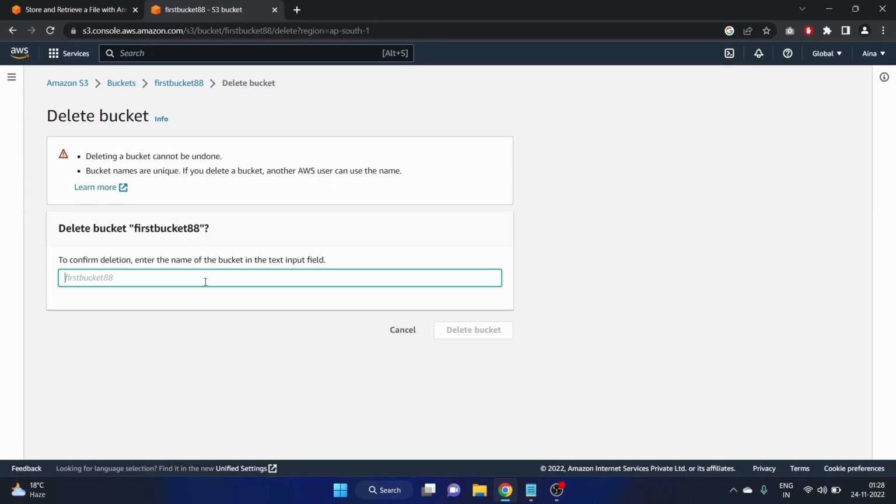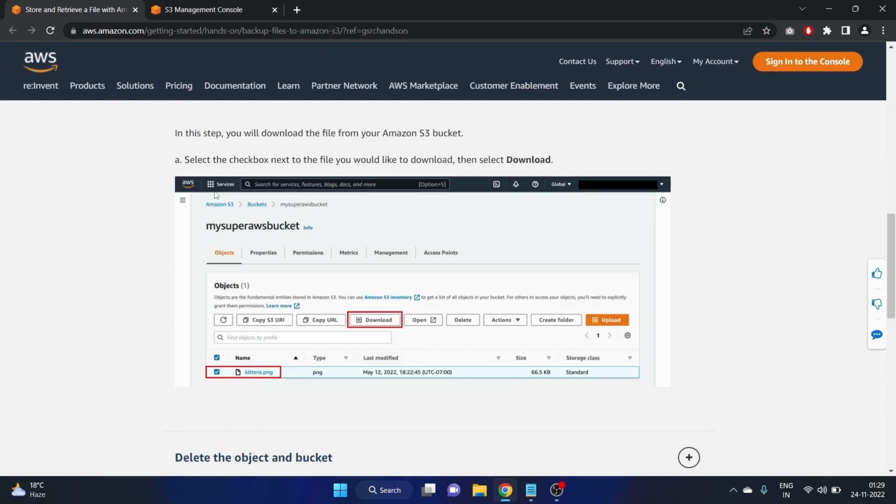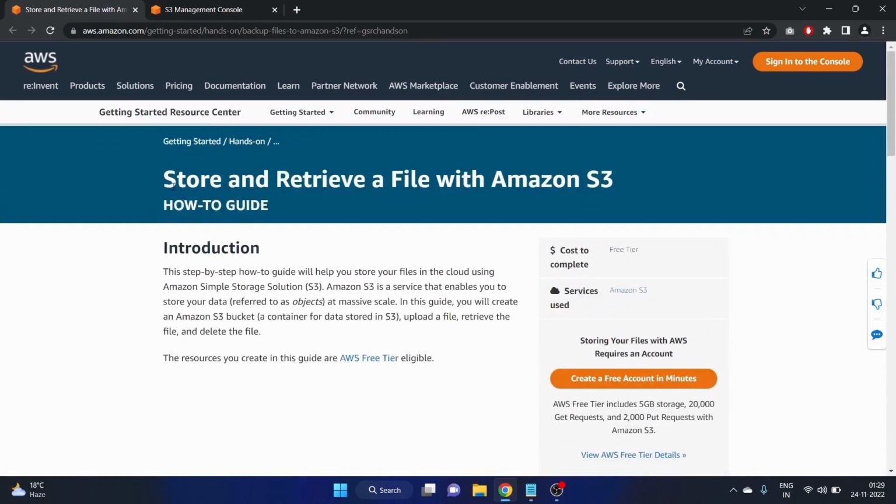Here we have to write the name of the bucket. Our bucket name is first bucket 88, delete bucket. Okay, so we have successfully deleted the bucket